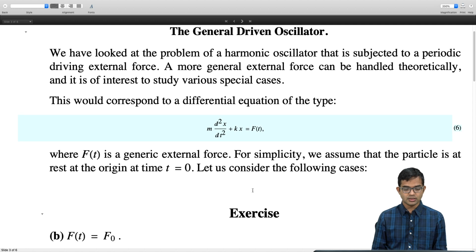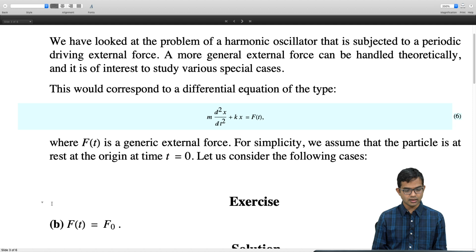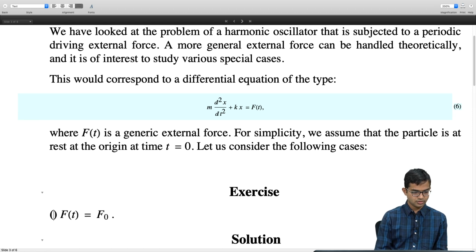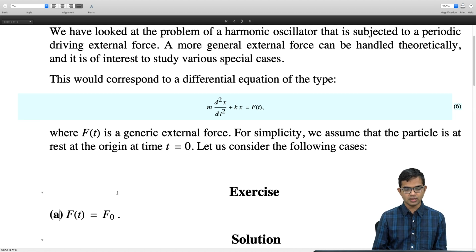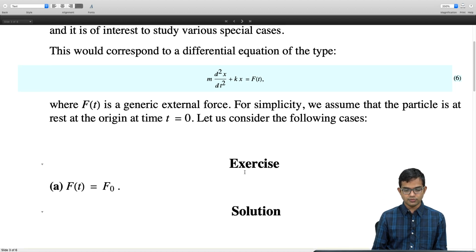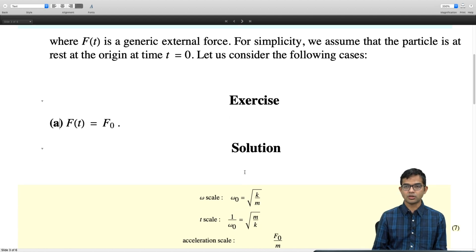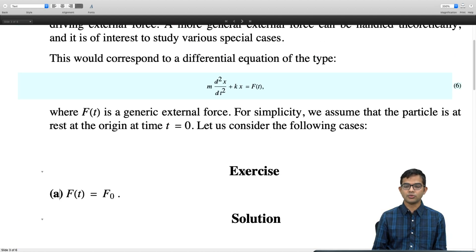So as always, the first step is, so this is actually A. It's the first example I'm considering, so let me call it A. First step is to non-dimensionalize, right? Pause the video here and figure out your own way of non-dimensionalizing this problem. It's a fairly straightforward one, but even so you should do this.